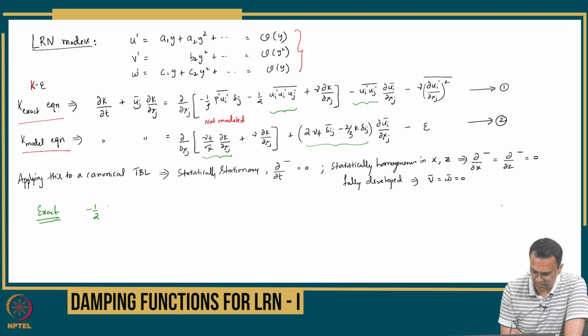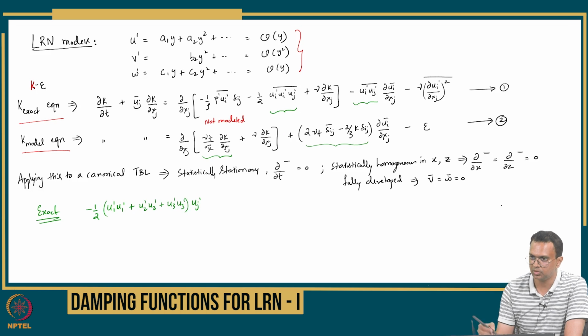If I expand it, I get u1 prime plus u2 prime, this is a sum of three terms here, plus u3 prime, multiplied by the u_j prime that is there. Okay. And obviously I am looking into the y dependency, so the dou by dou y term is what I am looking into. So this j will take 2,